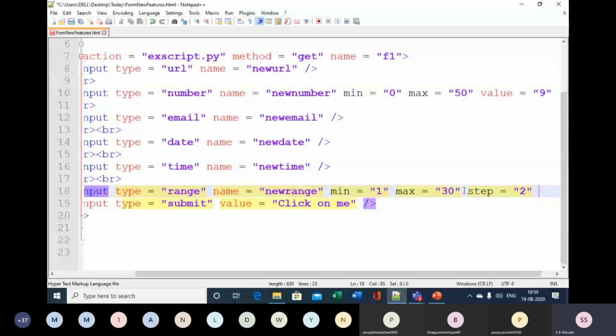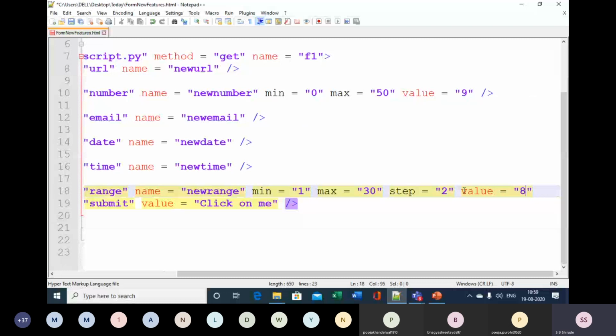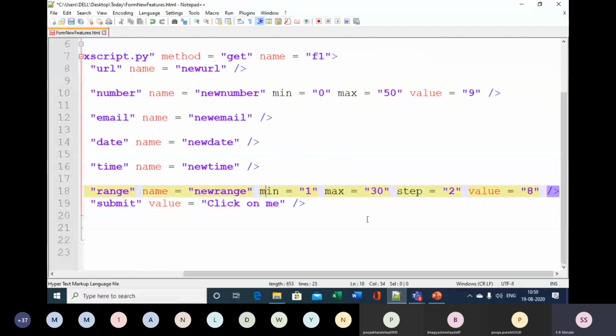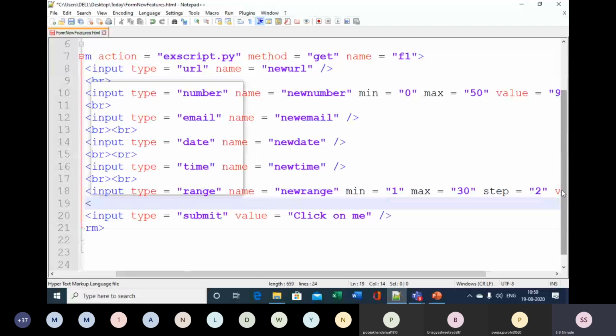So for the input control range, type is equal to range, name, give some name to the control. Minimum value is set to 1, maximum value is set to 30, step is set to 2, and the default value that we wish to appear is set to 8. And then just put here BR so that buttons will appear on the next row.